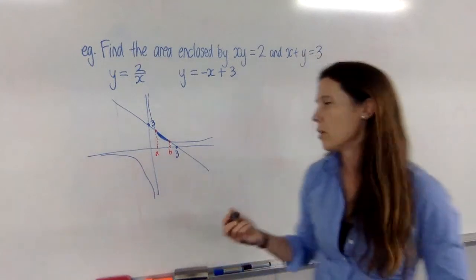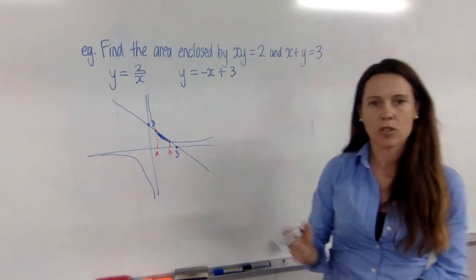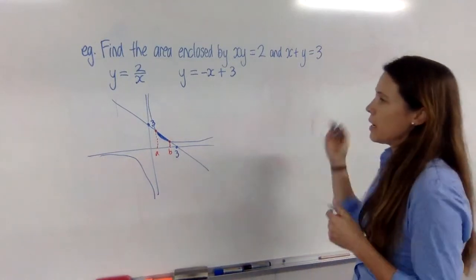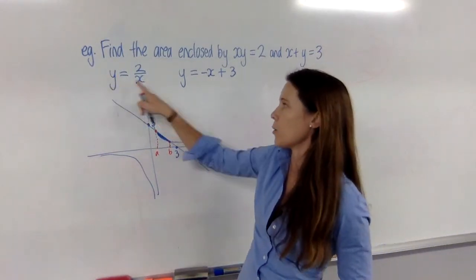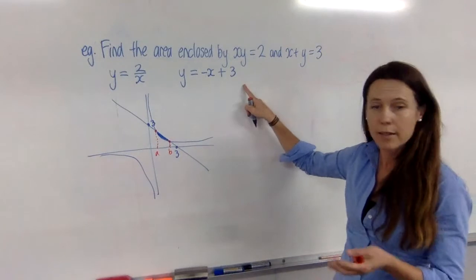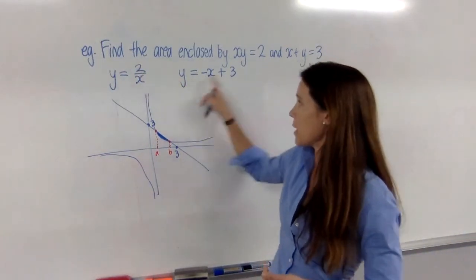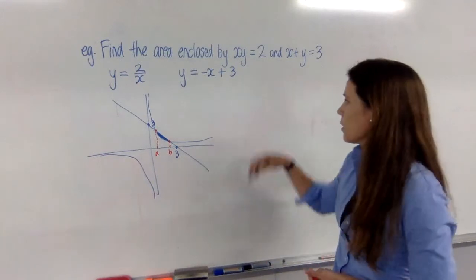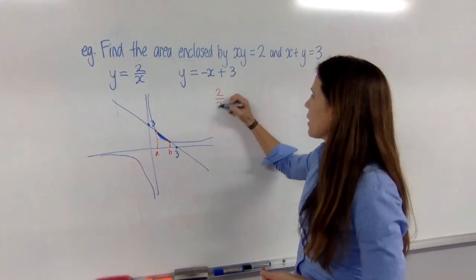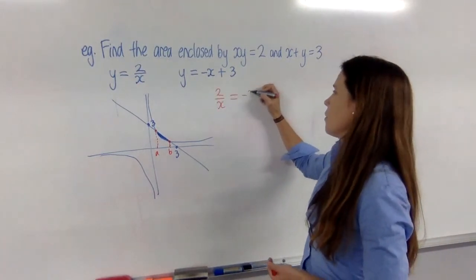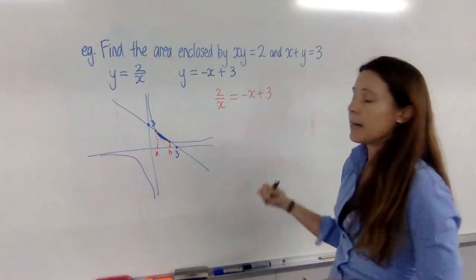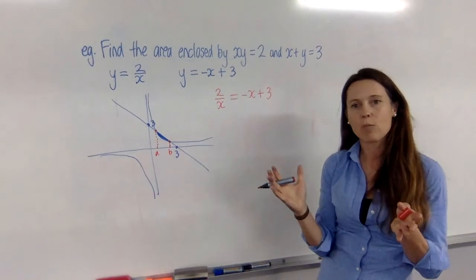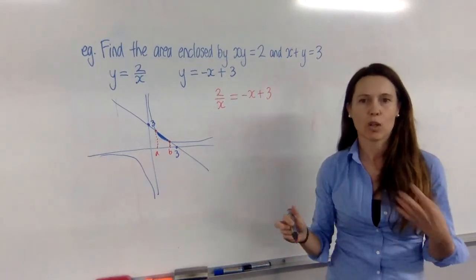b. All right, how do you find intersections of two curves? You solve them simultaneously. Now that I've got them both written as y equals this and y equals that, I can say that this must equal that at those two intersection points. So we've got 2 over x equals minus x plus 3, and now I need to solve this, and I'm looking for two answers. Straight away that warns me I'm probably going to have to solve a quadratic, and I